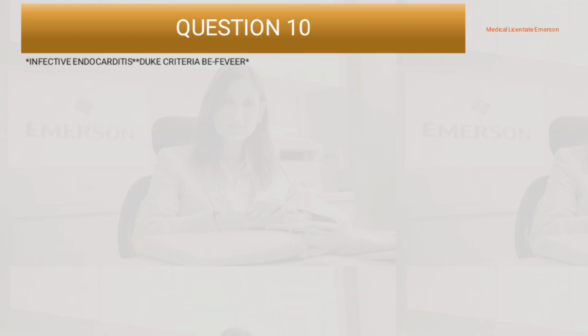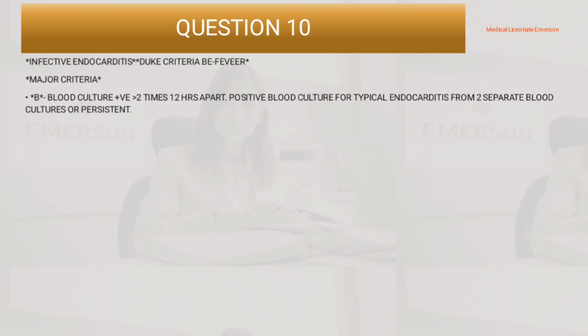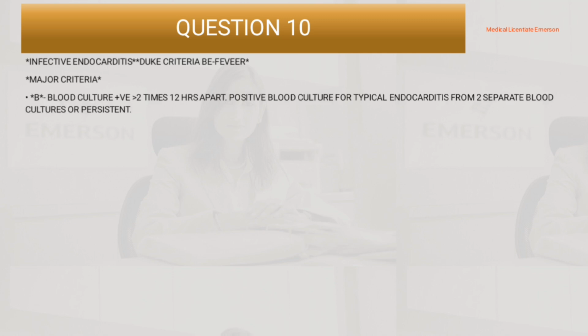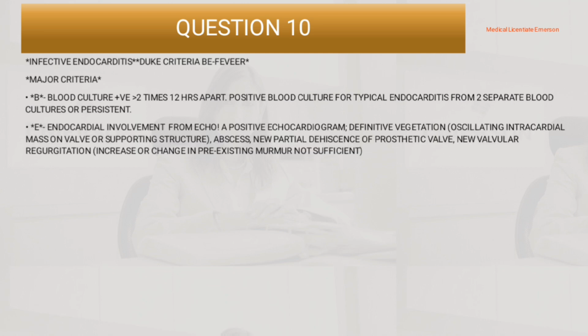Okay, then we have to now go into details if you are told to go into details and explain the Duke's criteria. So this is how we explain it. So for the blood culture, you say it should be positive more than 2 times apart. Then how do you explain that? So you say there should be a positive blood culture for typical endocarditis from 2 separate blood cultures or persistent. Okay, then for the endocardial involvement from echo, so you get a positive